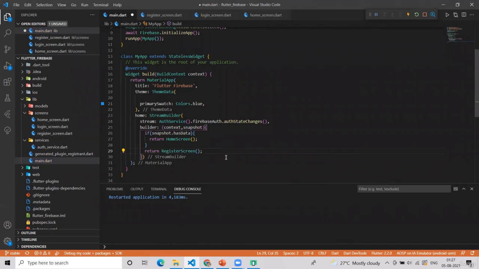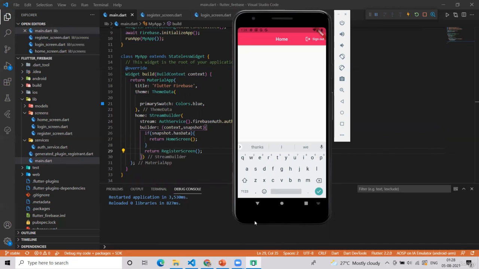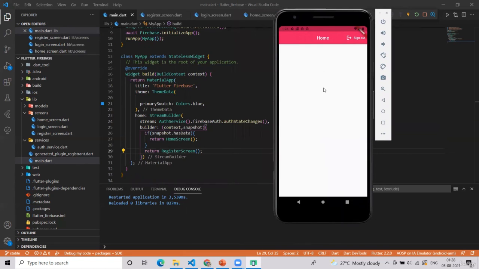This piece of code means that if the snapshot is not null, then definitely there has to be some user value, so that's why we should return the home screen. And if it's null, then we should return the register screen. Now, if we restart our application, you will see we are directly sent to the home screen. See here, since our application already knows that the user has been logged in before.